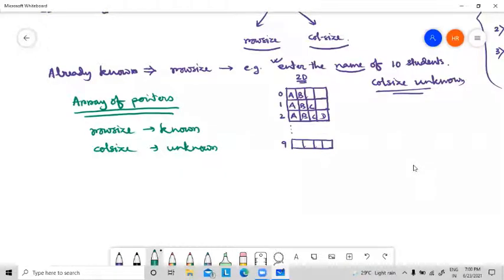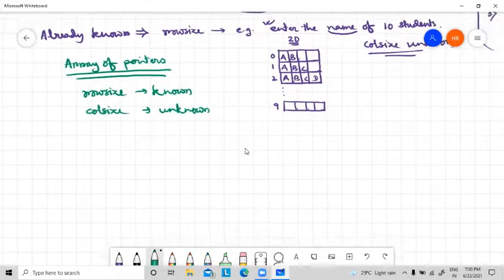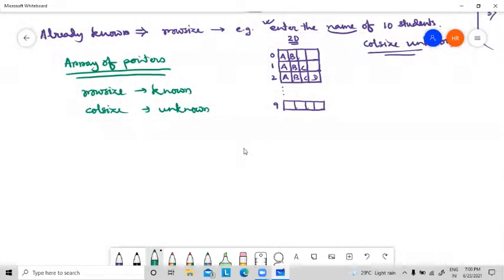Then, if the row size is known and the column size is unknown, you can go for array of pointers. This is the use of array of pointers, and very few books tell what the use of array of pointers is.